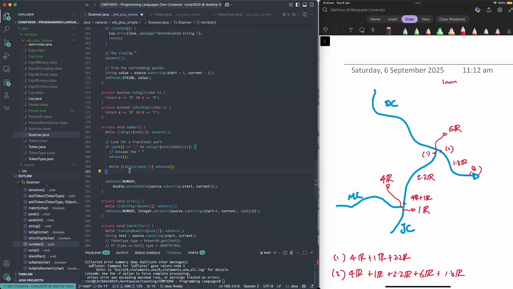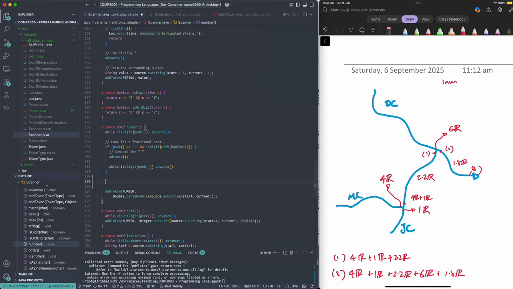I want to say, if you peek and see an R, then you're at the end of the number, right? Well, what I want to actually say is, if you peek and see an R, you've got a special kind of number. It's not a normal number, it's one of my special river numbers. So let's do that. Let's say if peek